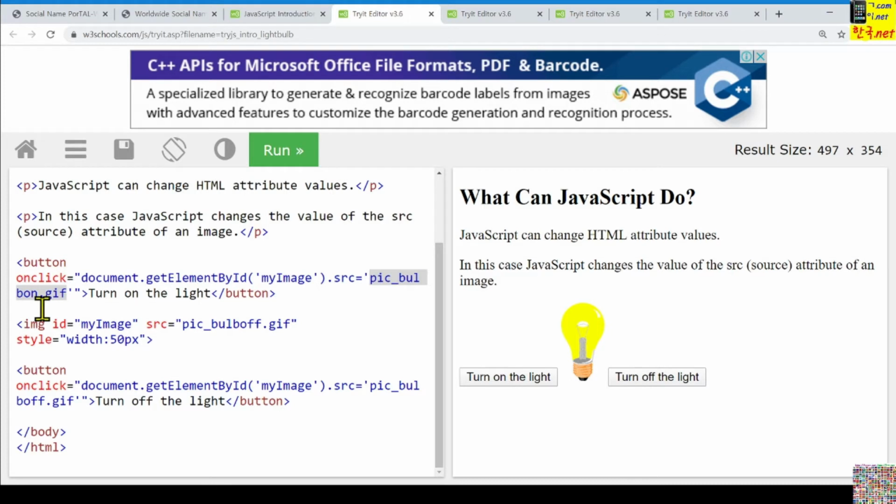We have two images. One image is this one, yellow color, and this one is gray color. It seems to be gray color to show the light off effect.